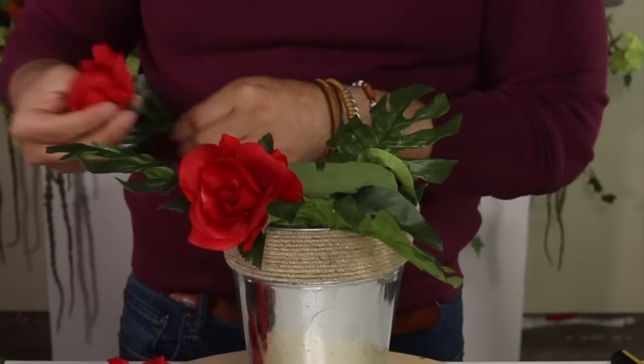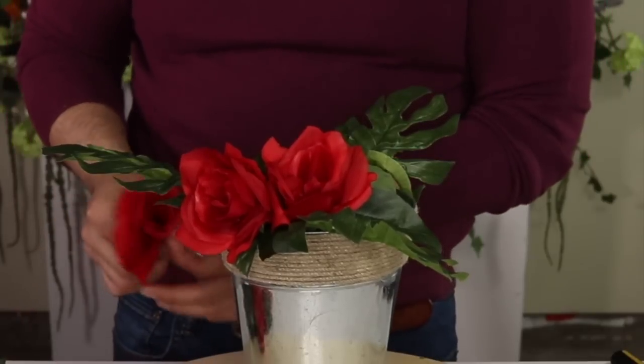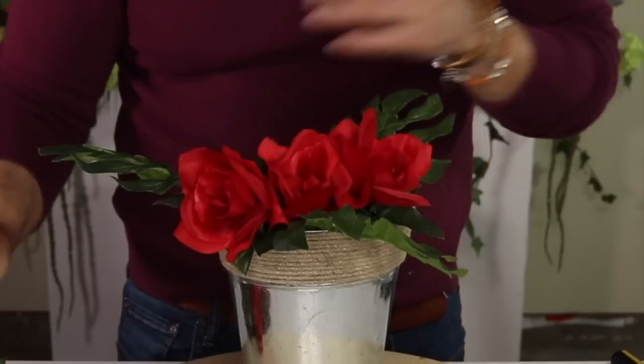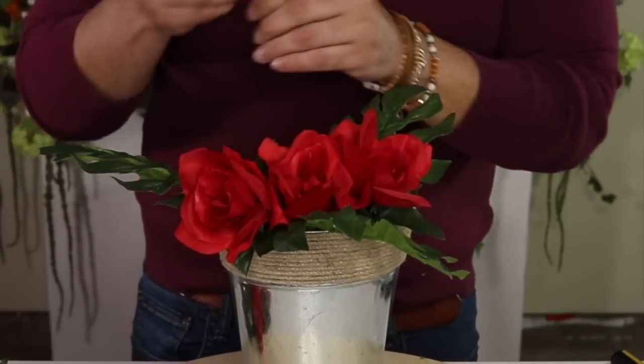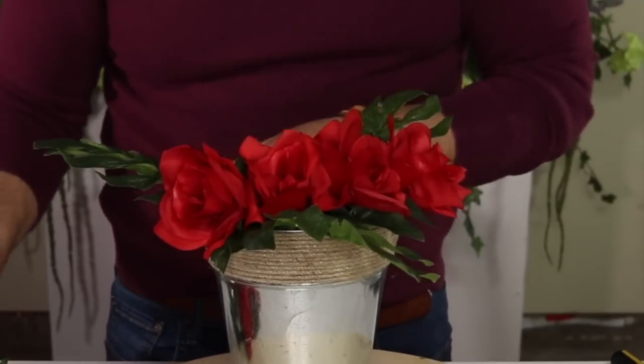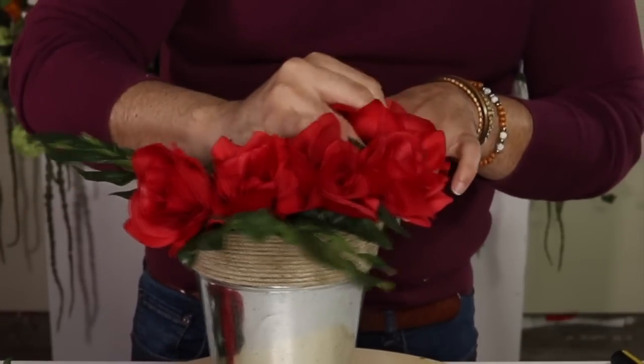And what we're going to do is go ahead and insert these roses going all the way around the perimeter until we have a full look to it. And this is going to be going by my desk, so I'm going to make sure that it is extra special since I'm always sitting at my desk, but this is also a gift you can give to your mother, you can